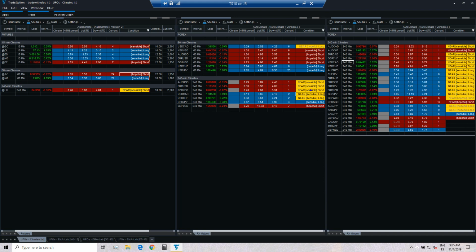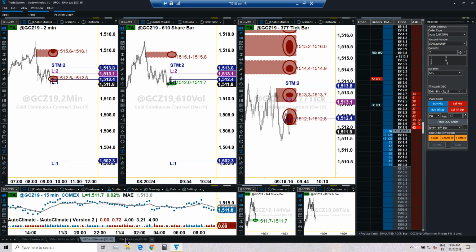So looking at Forex, nothing with the majors in the 60-minute time frame, because here we got hopeful, and obviously we are not hopeful. On the 240-minute climate setups, we do have one climate which is confirmed, which is not gray color, and does show sensible near 1 out of 4, and that is the euro. So the first trade that we're going to check today is the euro in a 4-hour setup.